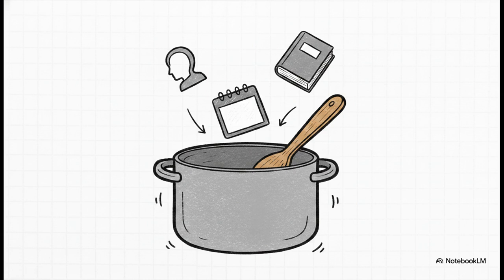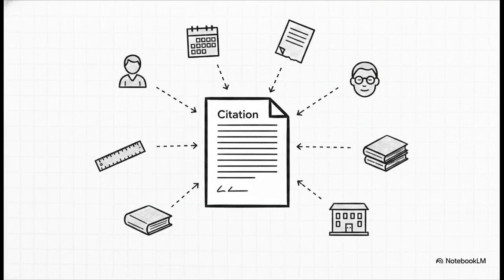Let's break down exactly what you need to gather. Here are the 8 crucial ingredients you have to meticulously gather. You start with the chapter author and the year, followed immediately by the specific chapter title. But you can't stop there. Then you've got to zoom out to the macro level to describe the container holding this chapter. Who edited the book? What's the book's full title? Is it a specific edition? And finally, you anchor the whole thing in reality with the publisher and the exact page range of your specific